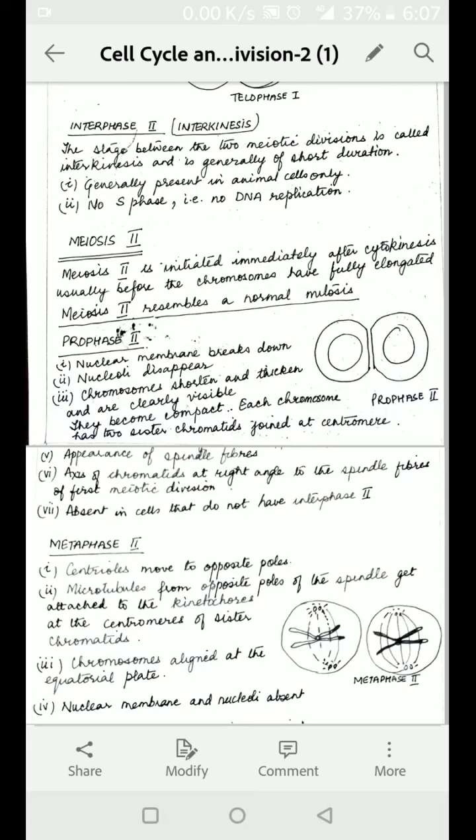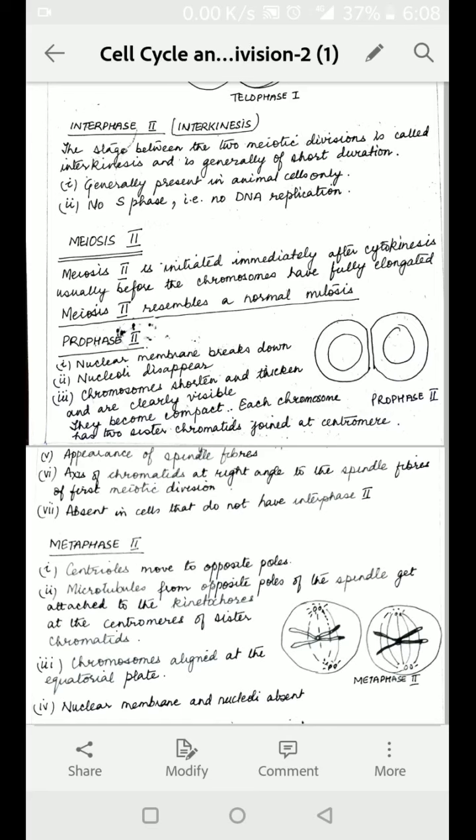Interphase 2 is followed by meiosis 2. Like meiosis 1, meiosis 2 is also divided into karyokinesis and cytokinesis. In karyokinesis, there are 4 substages called prophase 2, metaphase 2, anaphase 2 and telophase 2. Prophase 2 is much simpler than prophase 1. Now we will deal with each of these